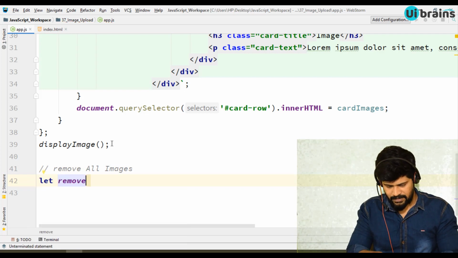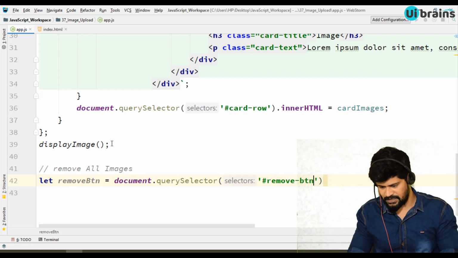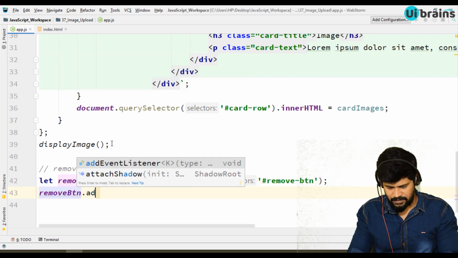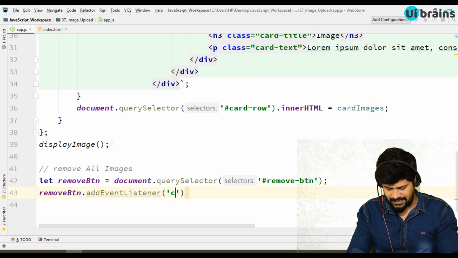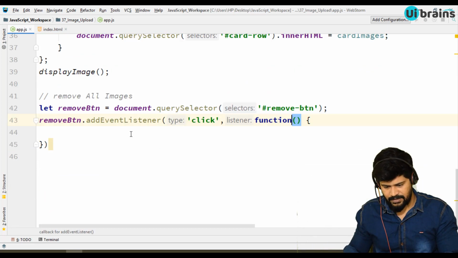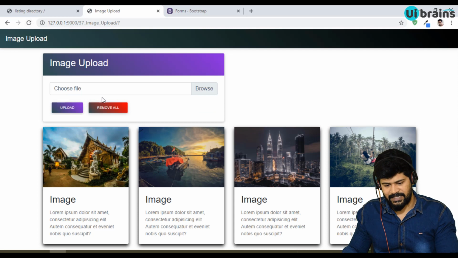So removeButton is equal to document.querySelector of #removeButton. You need to apply the click event, so button.addEventListener of click, comma, a function. Here, when I click on remove, I want to remove all these items.